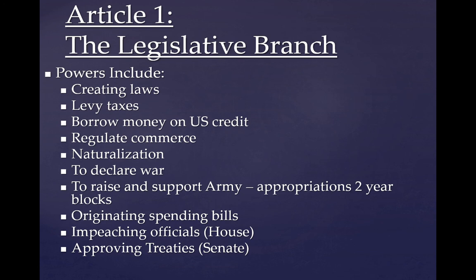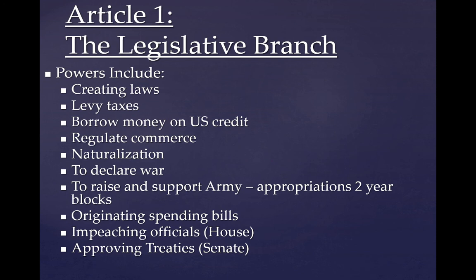They make the rules as far as naturalization, what it takes to become a United States citizen. The legislative branch are the ones that declare war, a lot of the time at the behest of the president, but not always. They are also responsible for raising and supporting the Army and appropriating funds for the armed forces,